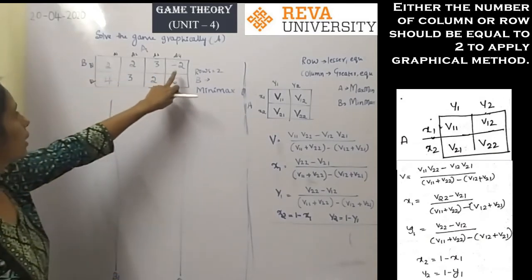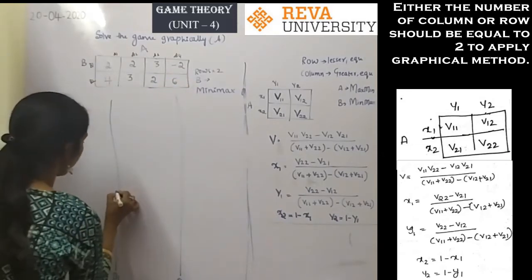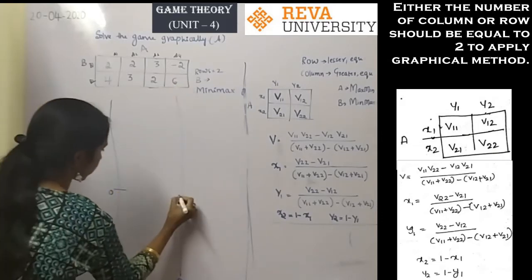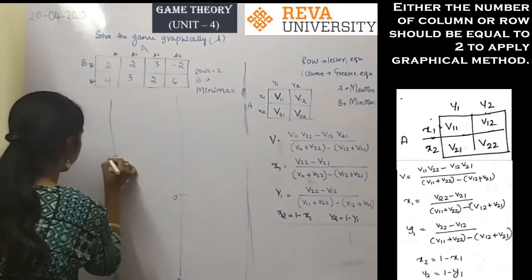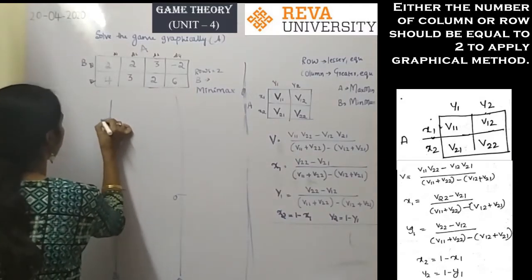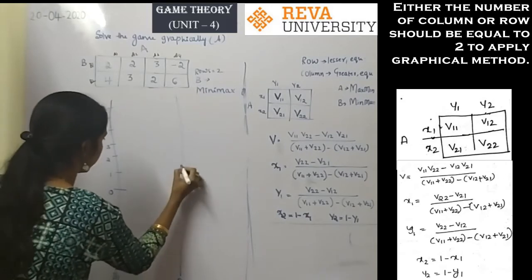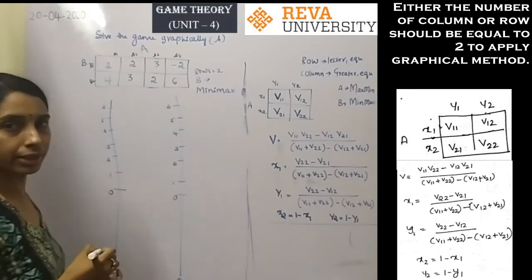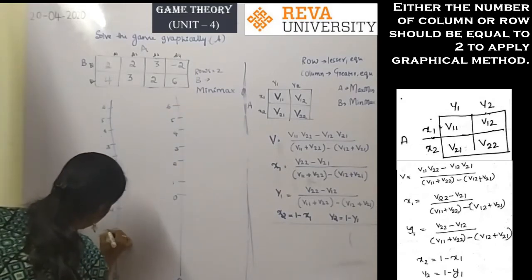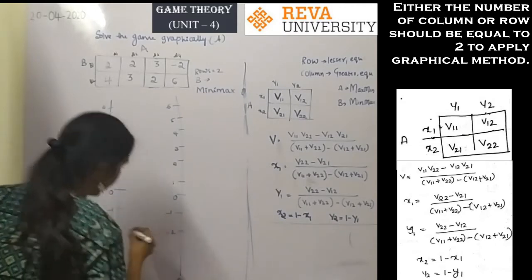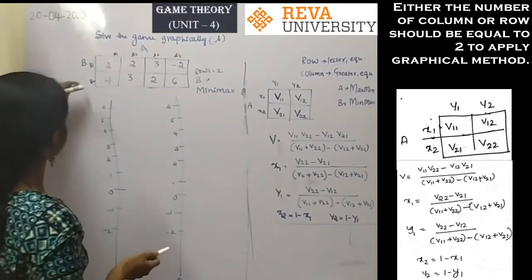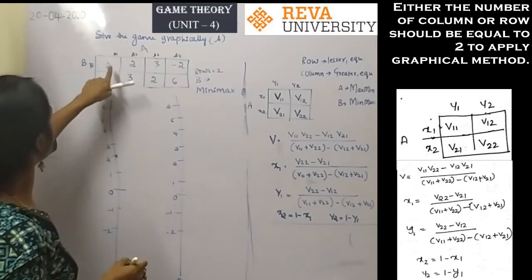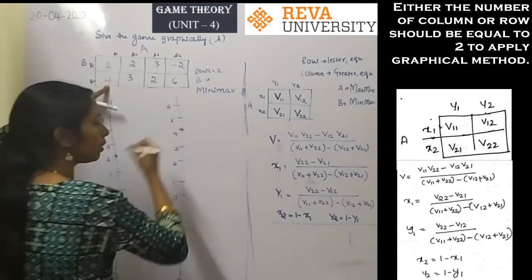And if you see here, you have minus 2 also. So, I will start from 0 here. 0 positive will be up to 6. So, this is 0 and 1, 2, 3, 4, 5, 6, and here minus 1, minus 2. Now, first, B1 value is 2 and B2 value is 4.